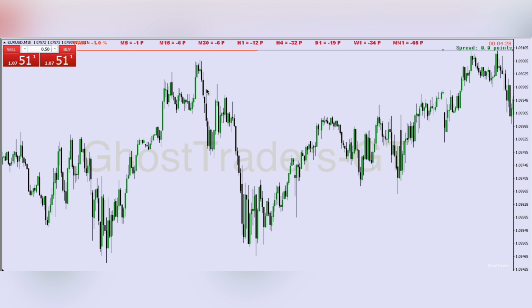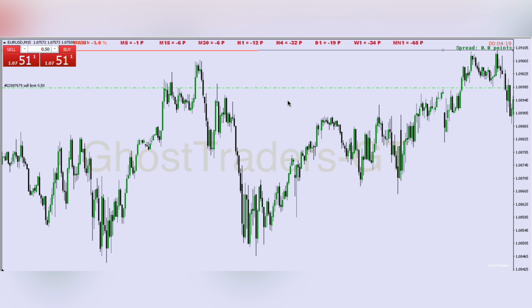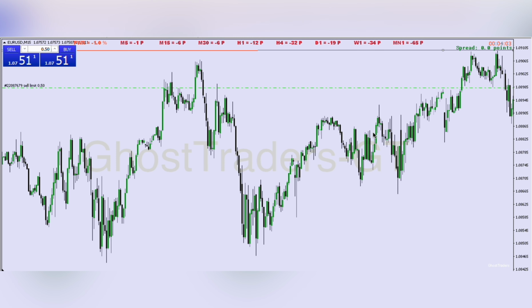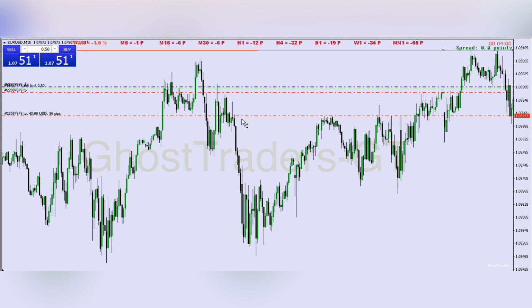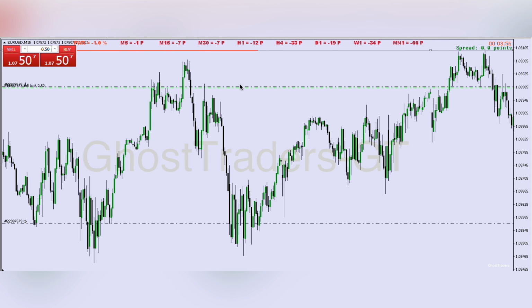So let's come here and put a sell limit at this level here. When we put a sell limit at this level, let me just modify the sell limit and let's just put something. So this is the level that you are targeting, and then this is your